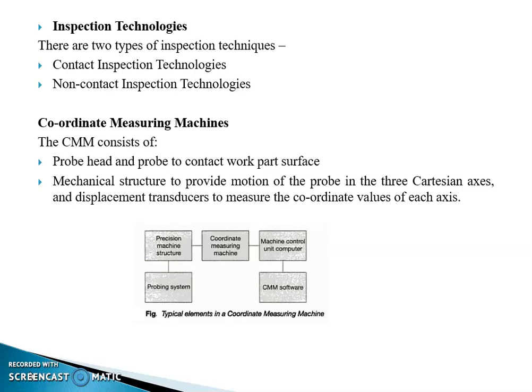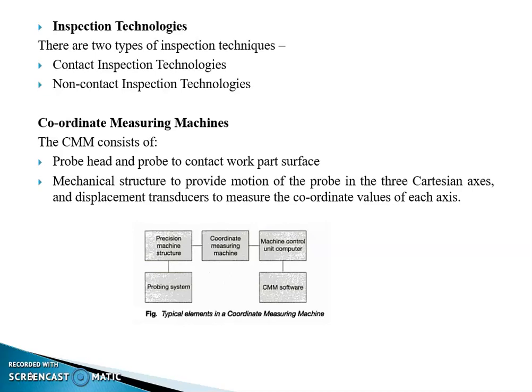First one is the contact inspection technique. In contact inspection, the physical contact is made between the object to be inspected and the measuring devices. Typically, contact is achieved using a mechanical probe or other device that touches the item and allows the inspection procedure to occur. By its nature, the contact inspection is concerned with some physical dimensioning of the parts, and so contact methods are widely used in manufacturing and production industries to assess metal parts and for electrical circuit testing.